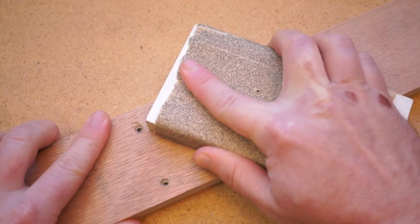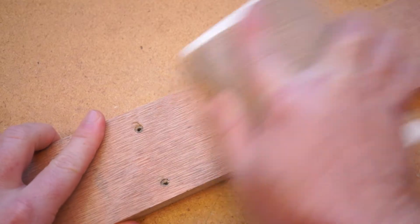It's time for another cool tools review. This time I've got a sanding mouse. I picked this up for $10 after seeing Nick Offerman talk about these in a This Old House video that I'll link to. A sanding block is one of the most basic woodworking tools, great for smoothing and shaping wood